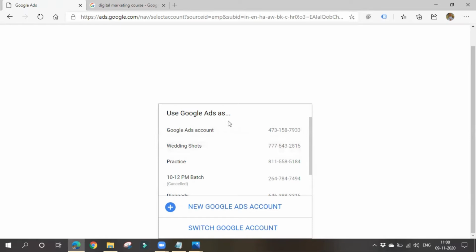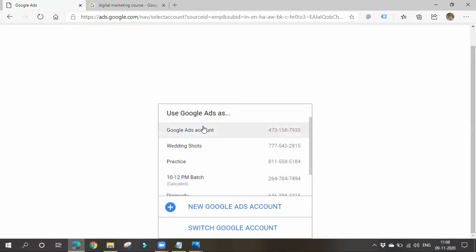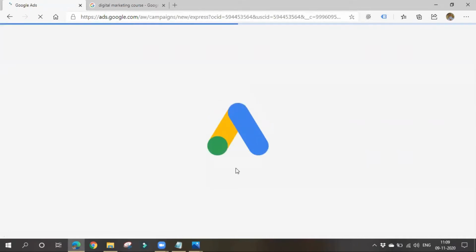Now we have to create an account. These are all various accounts. We have to name it based on our requirement. If we are running ads for a hospital, we name it accordingly. It's just for remembering purposes, for our reference. Simply click on new Google Ads account. If you want another Google Ads account, you have to use another Gmail, so you can switch between multiple Gmails. I'll simply choose new Google Ads account. As I said, you can create 20 accounts within one Google Ads.